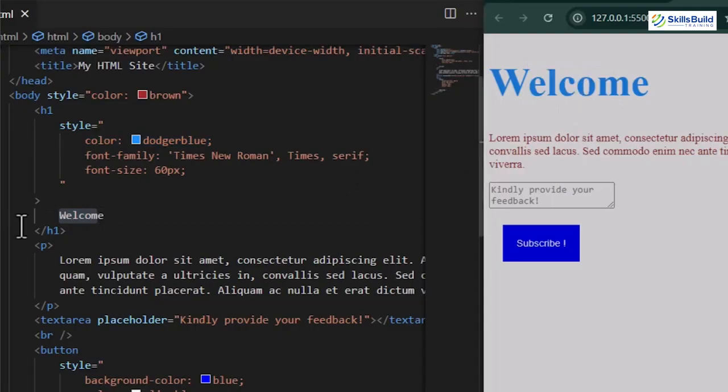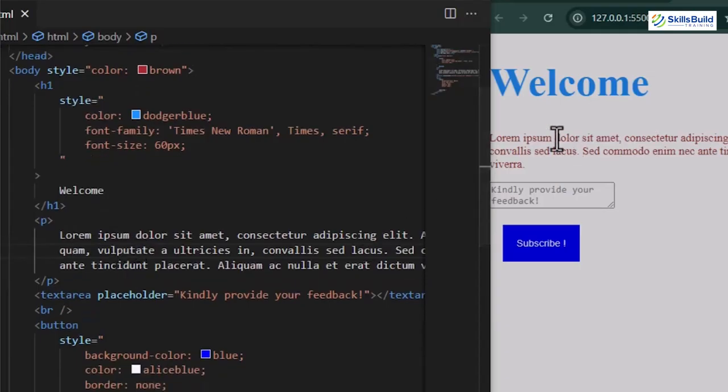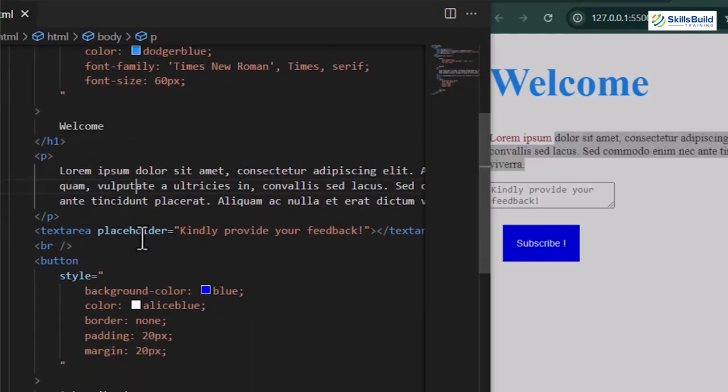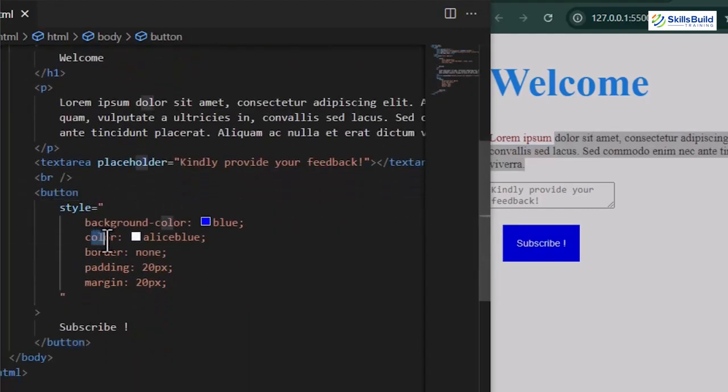the Dodger Blue. Next, it moves downward and sees the P tag, and it has no color styling. So here it applies the one provided by the body tag and applies the same to the text area tag. As the button has also a color property, it prioritizes the button styling instead of body, and that's why leaves